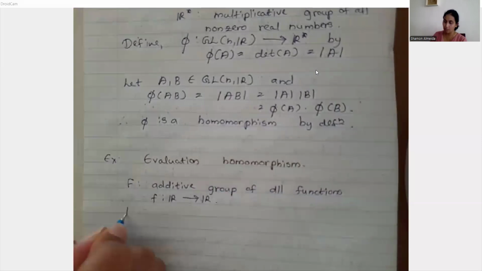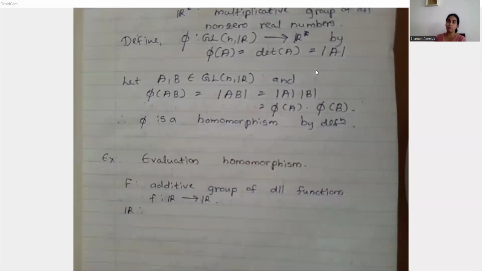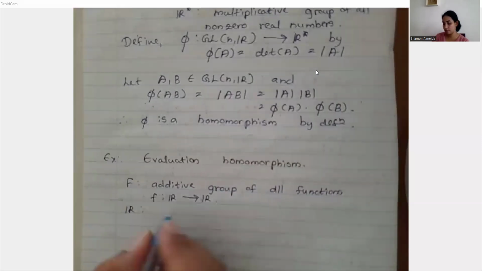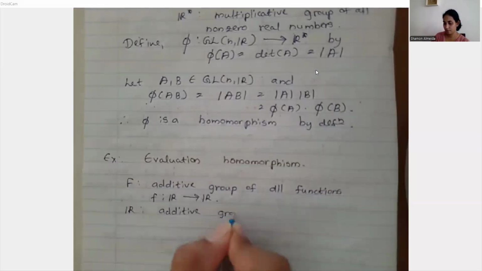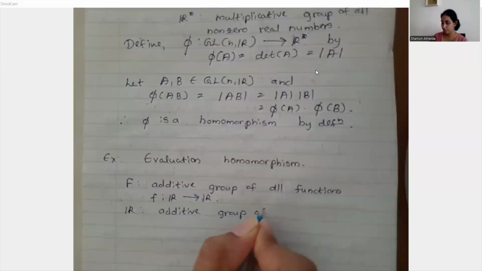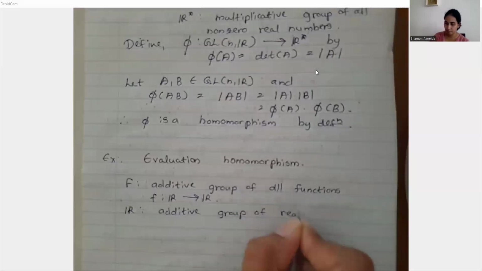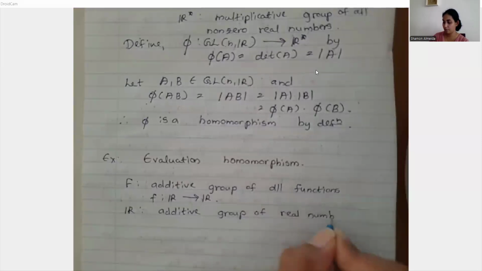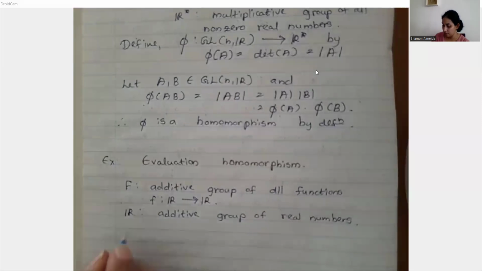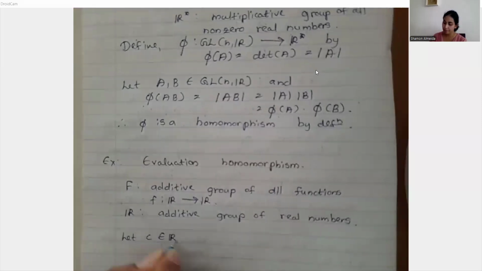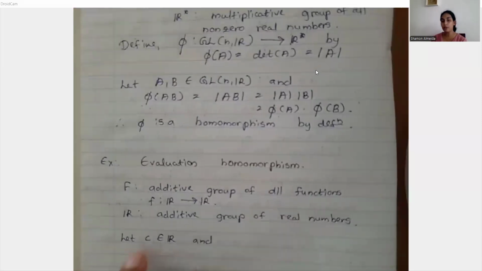We take R in the usual notation to be the additive group of real numbers. So, right, additive. Additive group of real numbers. Now, let's fix some value C in R. Let C be an element in R. And corresponding to this C,